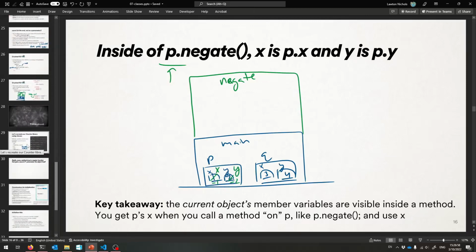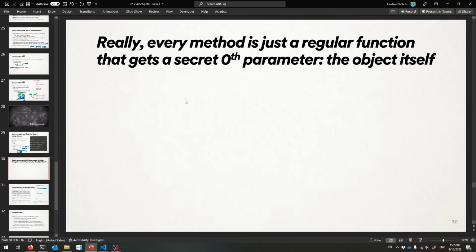Let's talk about what's really happening at a bit lower level when you call a method, okay? Secretly, C++ is translating your code. Secretly, methods are just functions. It's crazy. Every method is just a regular function, but it secretly gets a 0th parameter, which is the object itself, okay? So when we call c.inc,